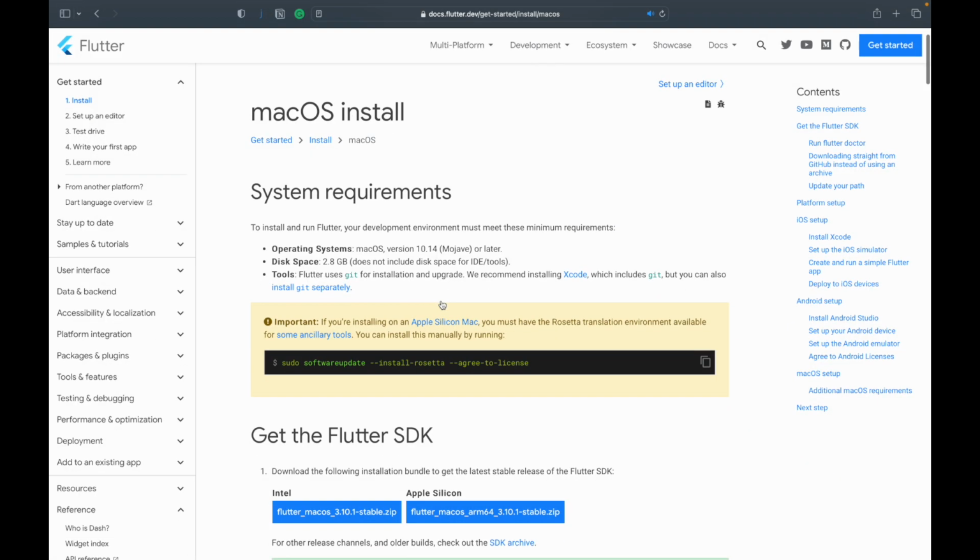The steps are pretty straightforward, and I suggest that you go through the entire documentation to get it installed on your PC. Once you're done with the installation and setup, head over to your terminal or CMD on your PC.